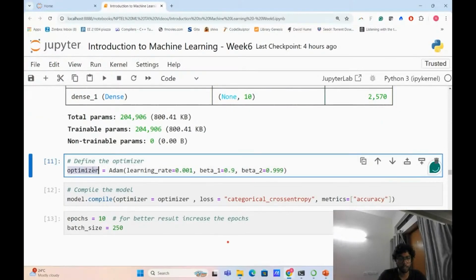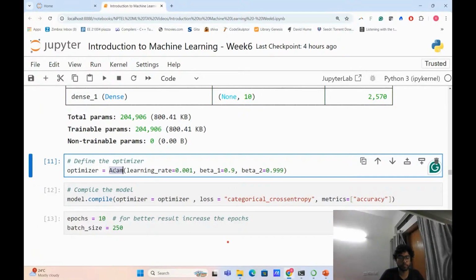Again, you use the optimizer. What is the optimizer that you are going to use? Adam optimizer. This is just for gradient descent. This is your learning rate. Beta 1 and beta 2 are some of the parameters that you need while using the Adam optimizer. What the Adam optimizer does is it uses a weighted